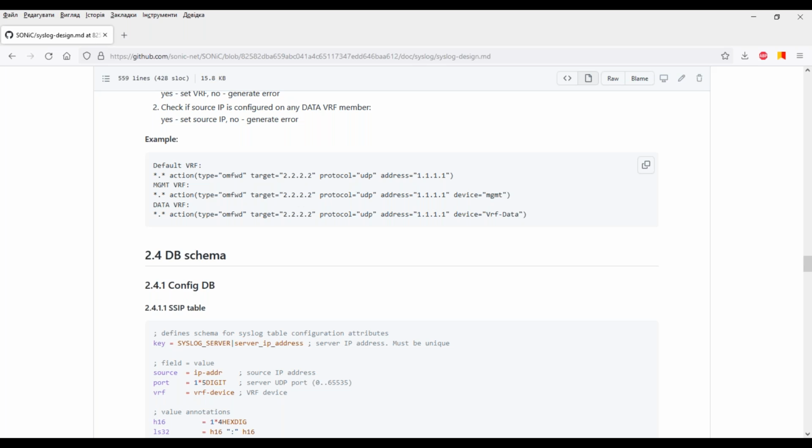Also, having a source device. Let's assume that we would like to have a source device configuration. It adds a lot of complexity, in that there can be different types of devices in Linux, like tunnel devices, VRF devices, and so on. So that requires... Okay, I'm trying to see, like, this OM FWD has support to include the source interface